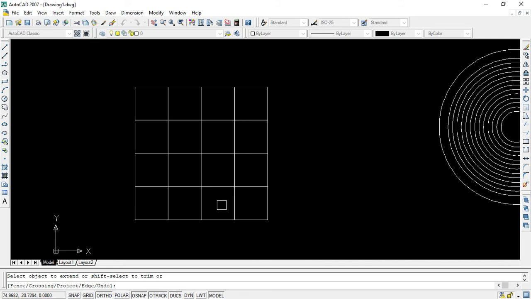Clear? Now this extend command can also be used for trim. How to use it? Continuously pressing the shift key, after selecting the extend command, which in my case I have already selected, if you select this, it will get trimmed. Okay, so this is the trick. See, it will not delete it because it is a continuous line.